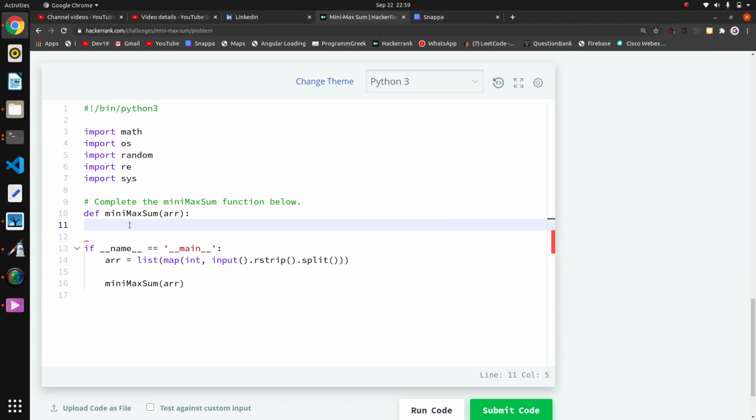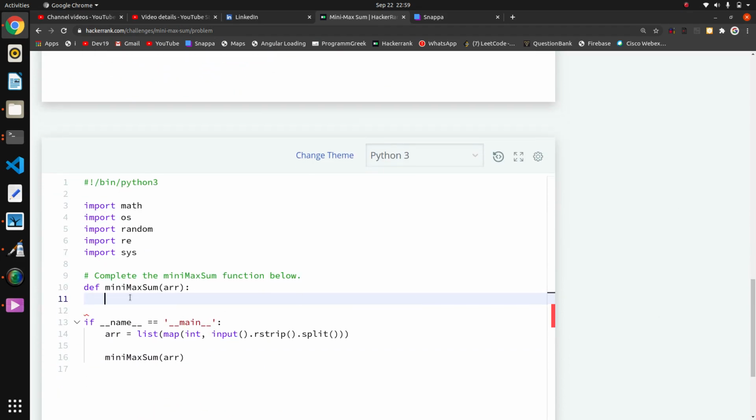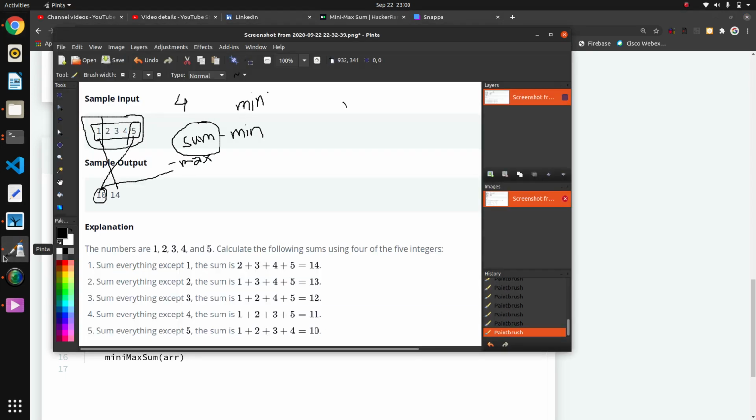Here now I have to print like this: minimum sum of 4 numbers and maximum sum of 4 numbers. So here I will directly write print. Here I will take two curly braces and format my output. For the first output I have to find sum minus the maximum number of the list.